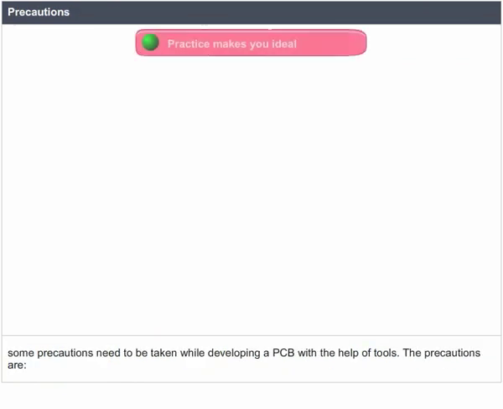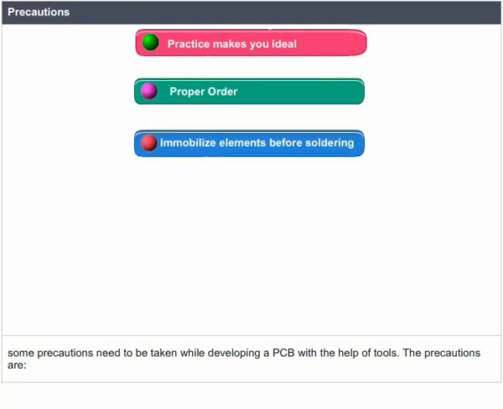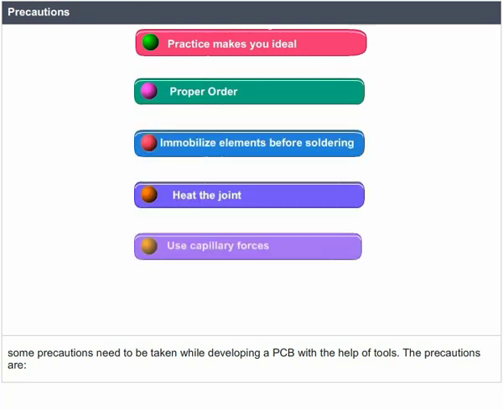Precautions. Some precautions need to be taken while developing a PCB with the help of tools. The precautions are: practice makes you ideal, proper order, immobilize elements before soldering, heat the joint, use capillary forces, test